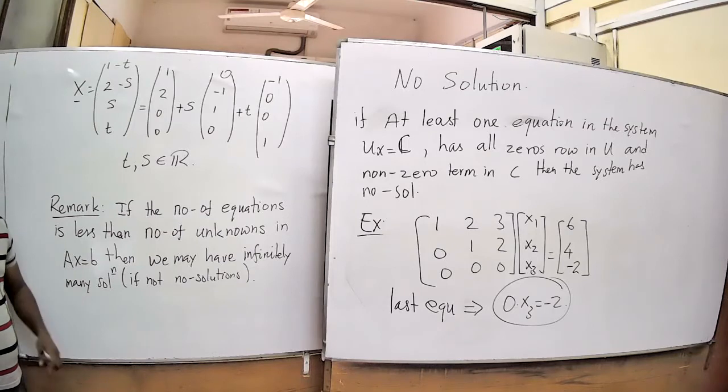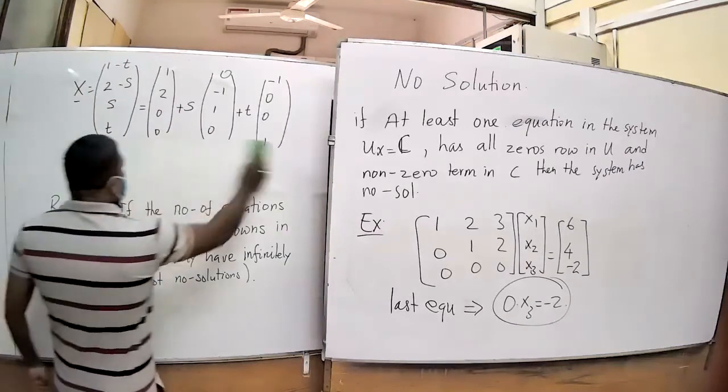So now you know the condition for the three types of solutions, right? If it is a unique solution, the number of non-zero rows should be equal to the number of unknowns. If it is infinitely many solutions, you should have at least one row with zeros on the right hand side and zeros on the left hand side as well, right? 0 is equal to 0. If it is the no solution case, you should have 0 is equal to not 0. So based on this, let us look at a generalized example.